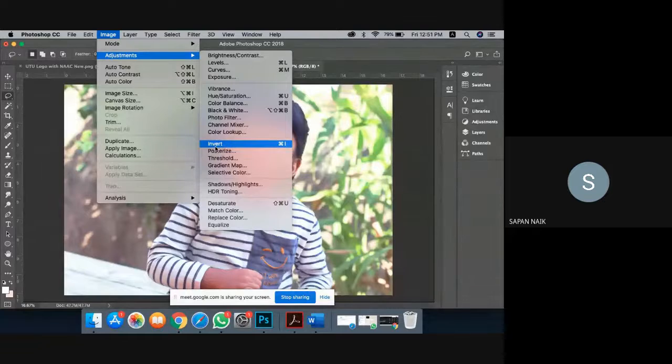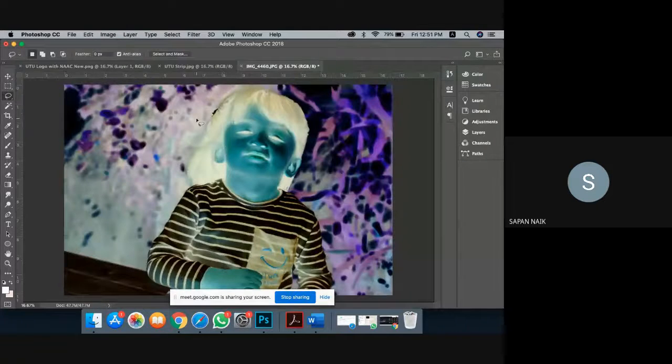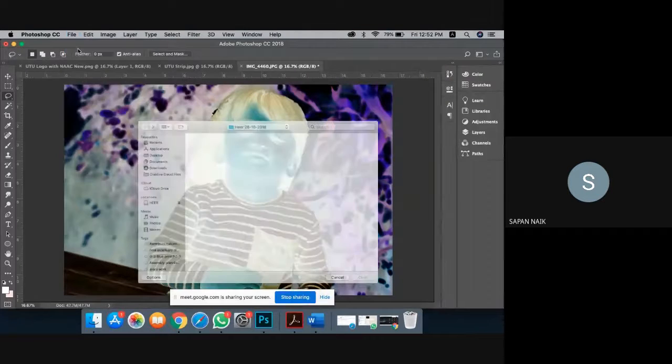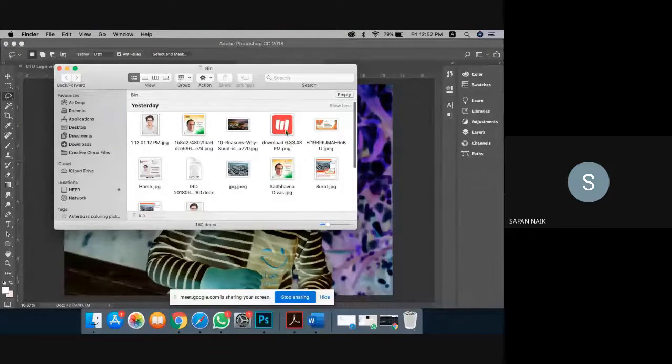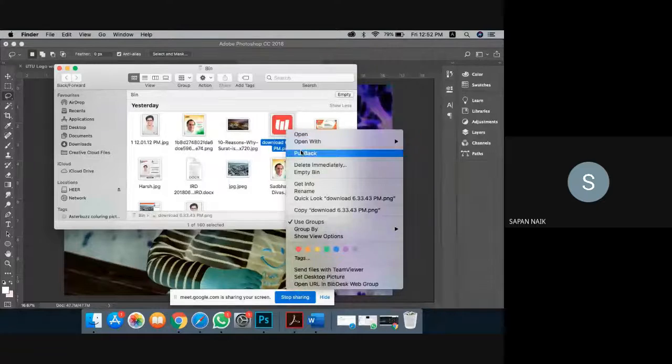Some basic tricks: you can use invert to make it negative. Now how this is helpful to you is, suppose you want to change your color from white to black or black to white, or some logo is not suitable. Suppose, let me wait a minute. Go to this. Suppose this is one logo.